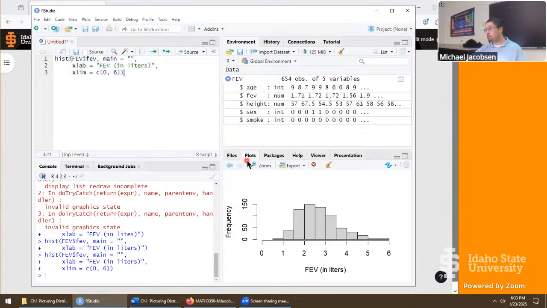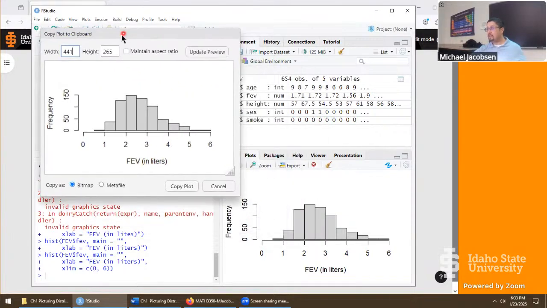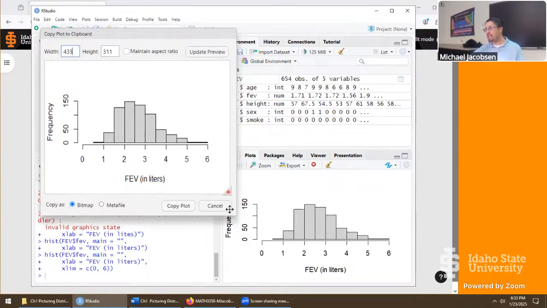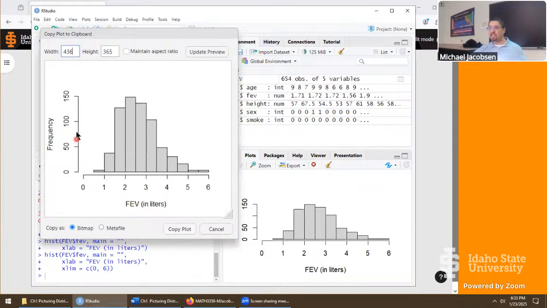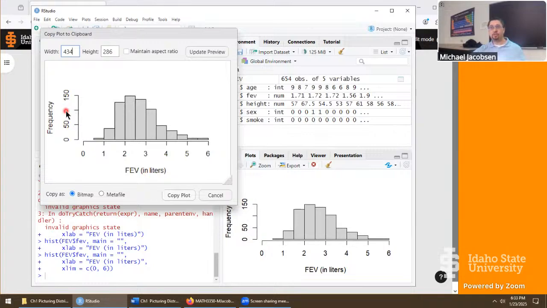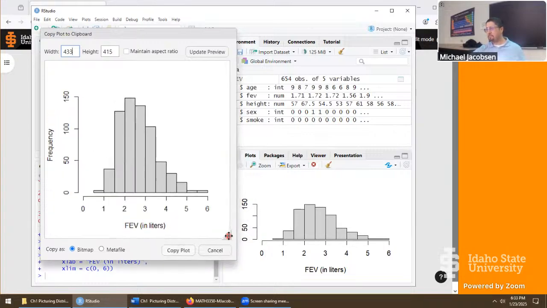And if you still want to touch it up a little bit more, click on Export. Now down to Copy to Clipboard. And from here you can type in the pixel width and height, but I usually just drag things around. Mainly what I wanted to fix is the numbers here showing up a little bit better. I felt like it looks awkward when one of those tick marks is skipped. I'm not too super picky on your plots. So major thing I'm looking for is the correct description here. And if you go with the main title, it should be something that makes sense as well. So that's our plot.